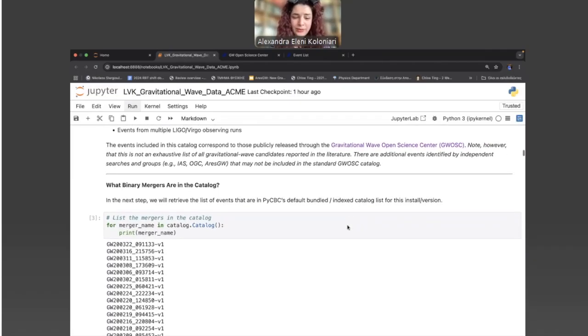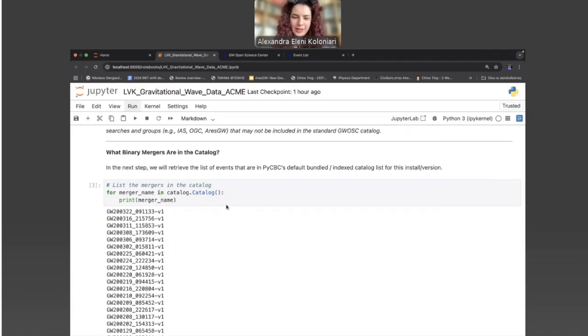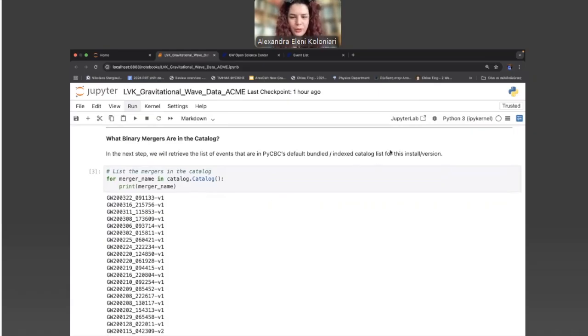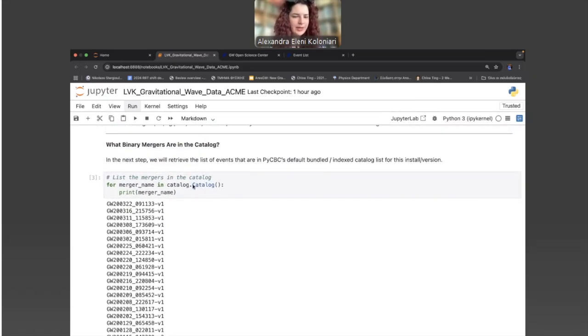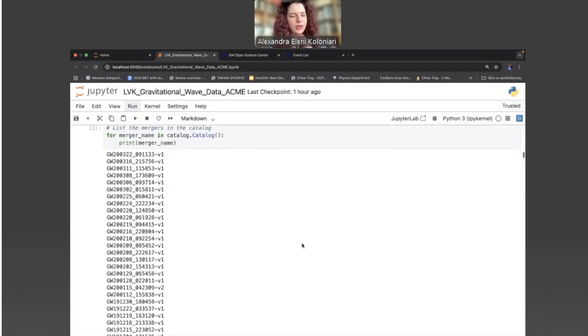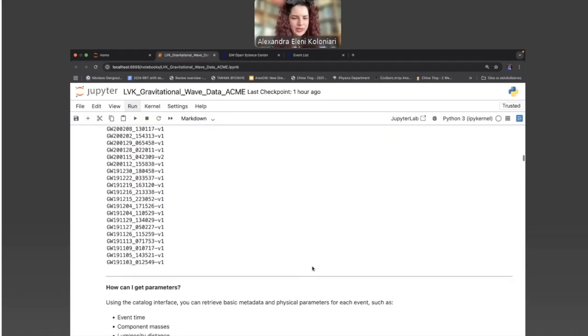And you can see them by using a catalog print here. Mind you that this specific step will actually print only some default events that are installed here. However, the catalog actually includes all the events until O3. You will see that later on.